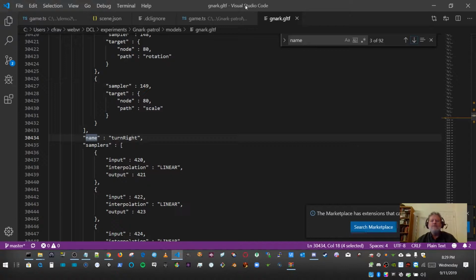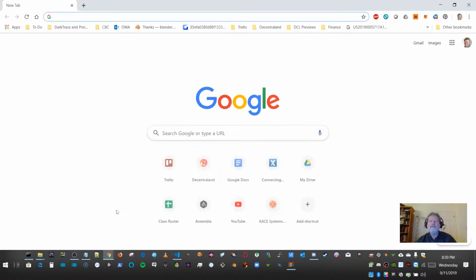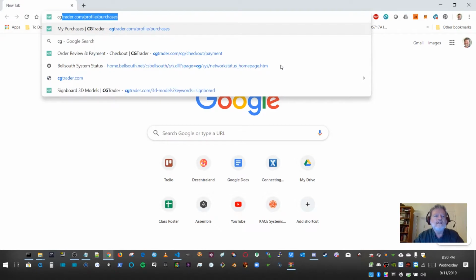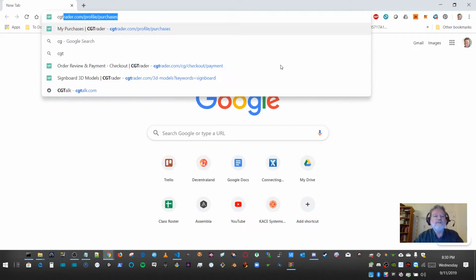Next thing I think I want to do is show you how to go get a 3D model that somebody else has made. I sometimes use TurboSquid. I more recently have been using CG Trader a lot. They both have very high quality models. They also have models that are not suitable for Decentraland because they're too high poly. So you have to look at what you're getting. But if I go to CG Trader,